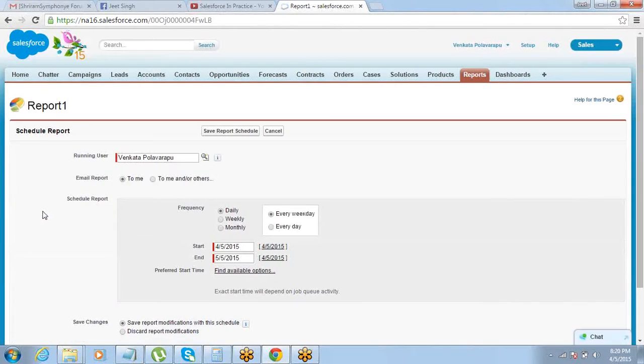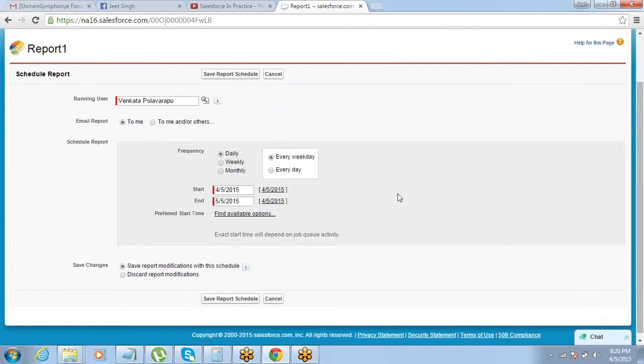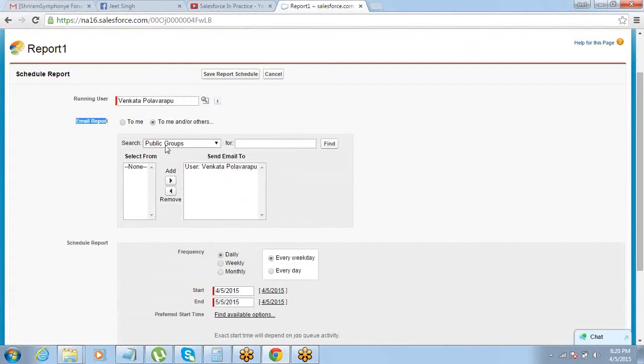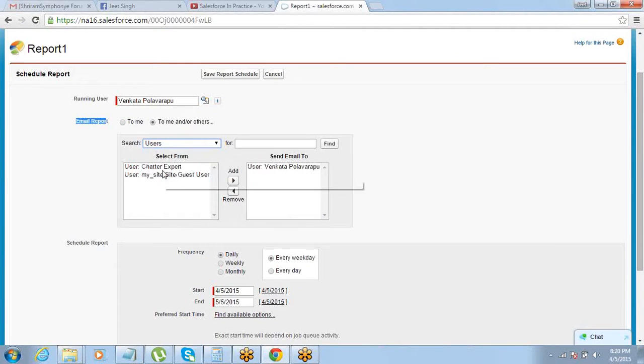Here you can define the schedule for the report. Define who you want to send the report to. By default it's to me. You can select any user or anyone, right? If you want to send it to your manager or whoever, you can define those people.